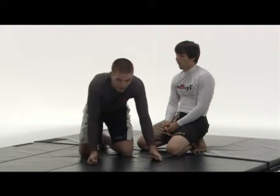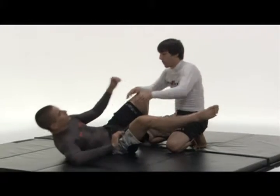Okay, so now instead of going for the double bagger and bringing the foot in the armpit, we're just going to get the foot in the armpit, foot lock ourselves without reaching around and grabbing that leg on the back. Okay, and that's going to open up a bunch more options for us. Okay, so we're here,